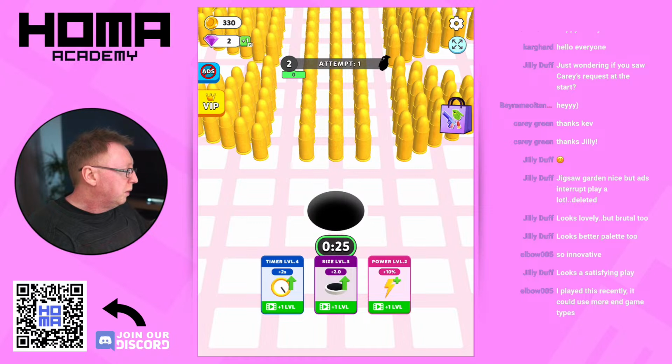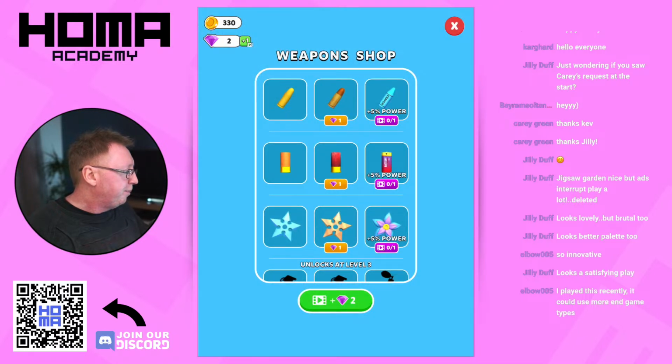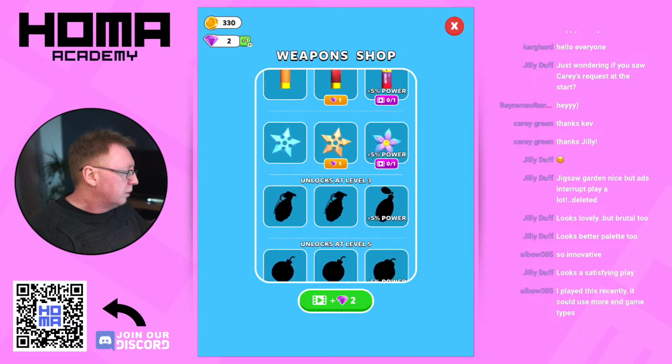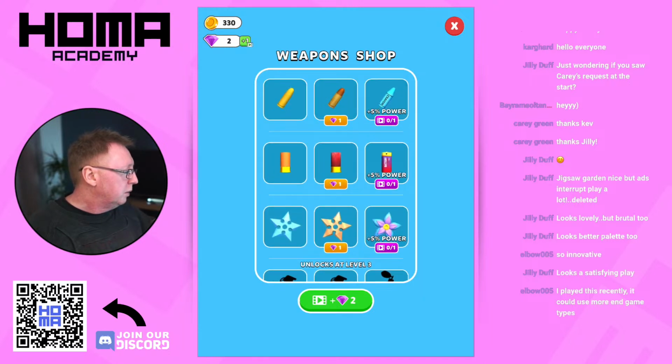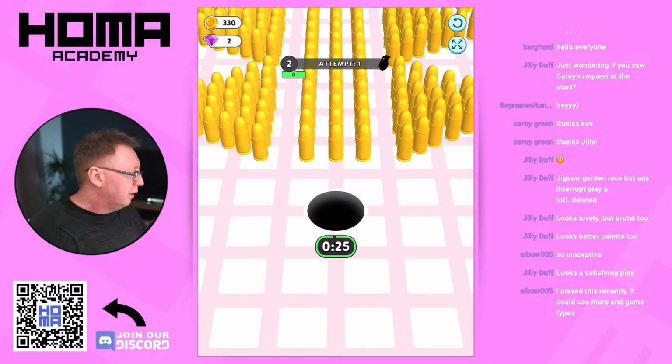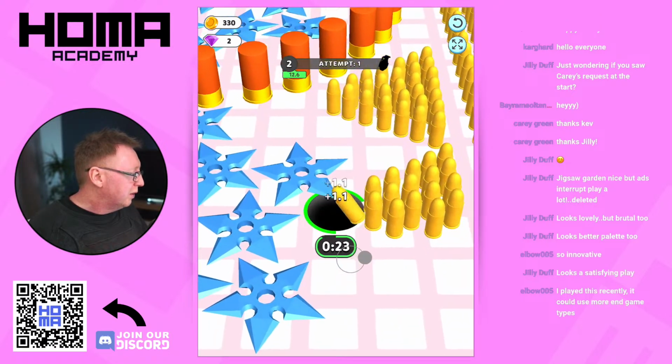We've got a shop open up here. Let's have a look at the shop. Got 2 diamonds. Weapon shop. Okay. And the VIP. Oh, that's probably... Okay, that would be... need a subscription. Alright. I'm not sure how I feel about not having a start button. That's kind of weird, but...